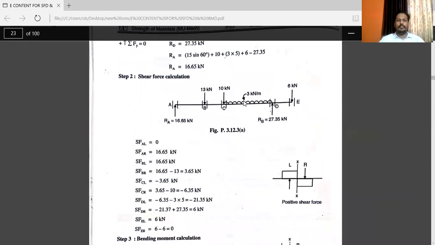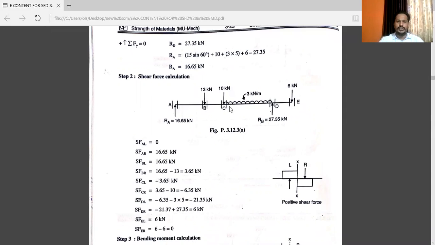See, the diagram shows points A, B, C, D, and E. This part is very simple and very easy. From left to right, you have to note down each and every point. Shear force at point A just to the left, at point A just to the right. See the cursor location. At point B just to the left, at point B just to the right,